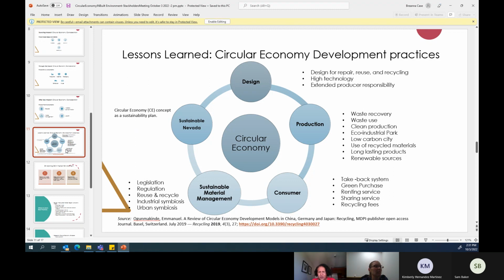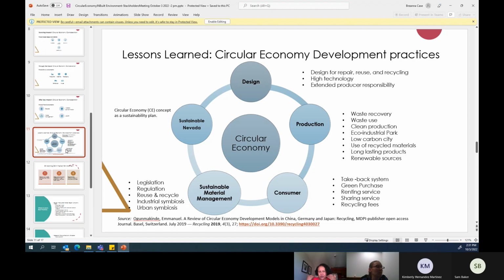So this is just for you. We don't go into how it works in an urban setting or in a regional setting. It's not like one company, but a regional setting.